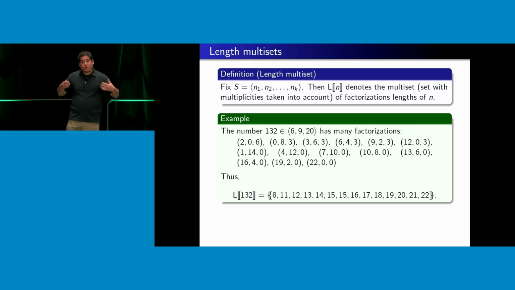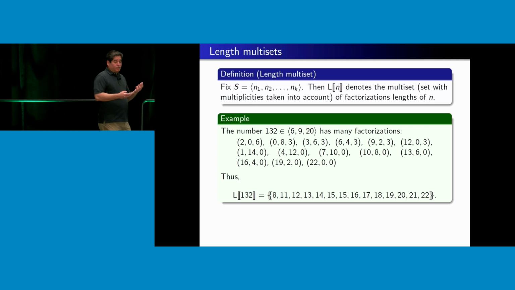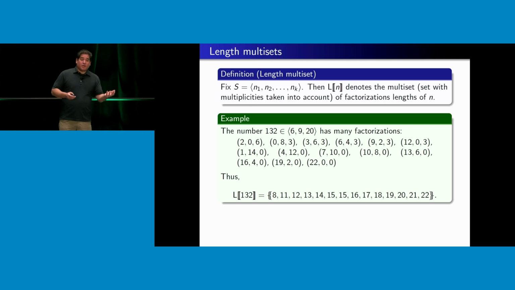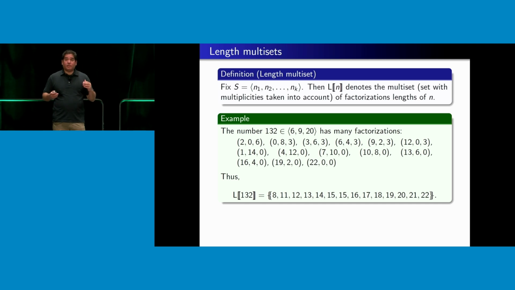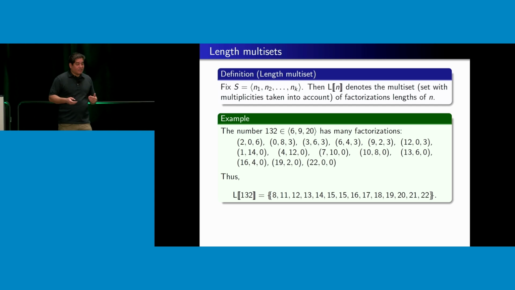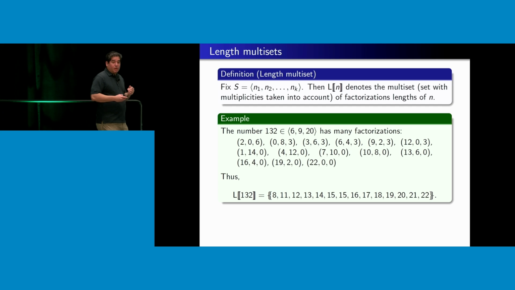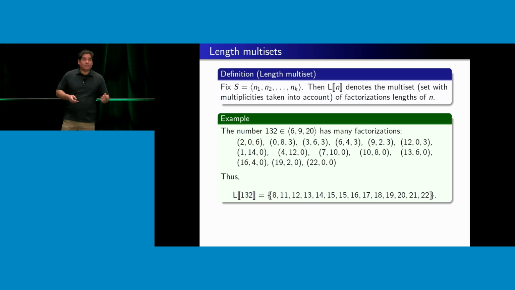So an example is the best way to see this. 132 nuggets, if somebody walks in and says, I want 132 nuggets, there are a lot of ways of fulfilling that order. You could use 2 boxes of 6, 0 boxes of 9, and 6 boxes of 20. That gives me the first vector on this list. There are a whole bunch of other ways I could do this, and I hope you can see the correspondence between this list of vectors and the simplified list of factorization lengths. That first 8 in the multiset, that corresponds to 2 plus 0 plus 6 equals 8, and so forth.